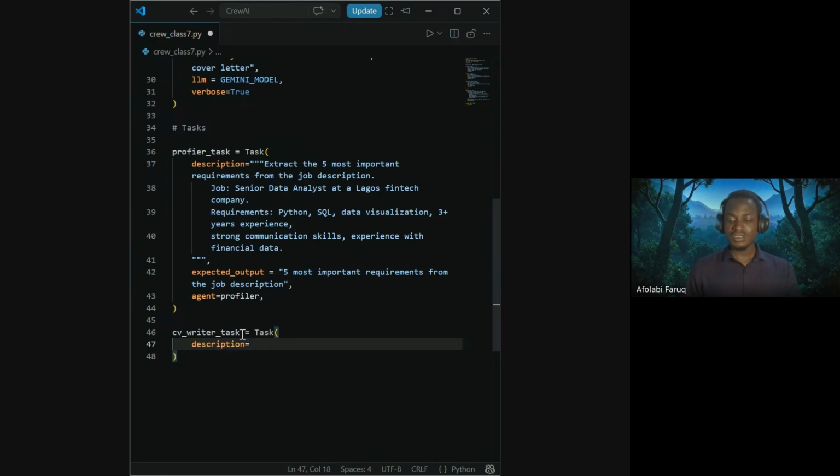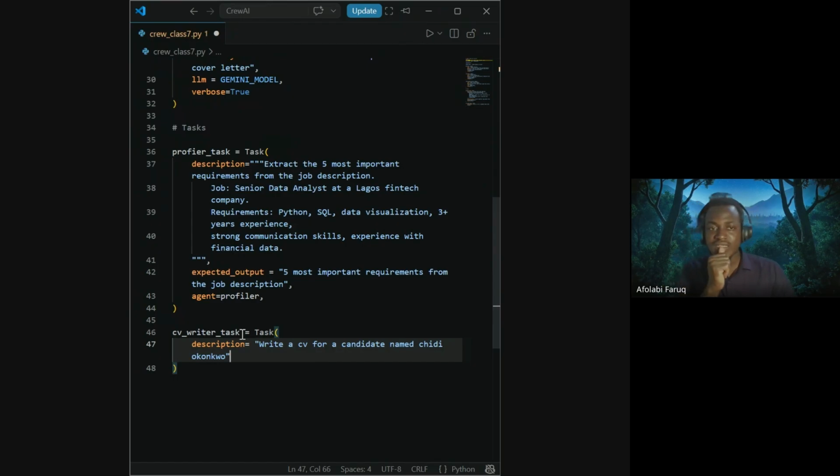The description is: write a CV, sorry, a CV, not a cover letter, for a candidate named Chidi Okonko.